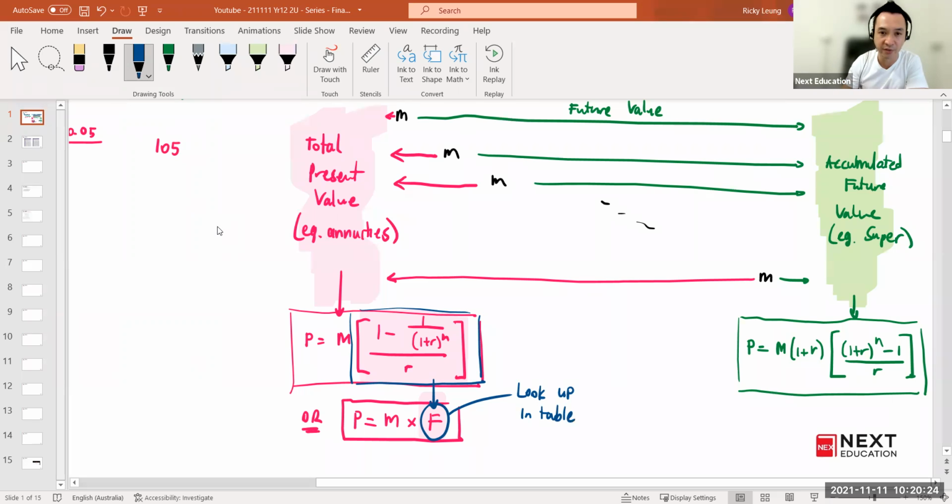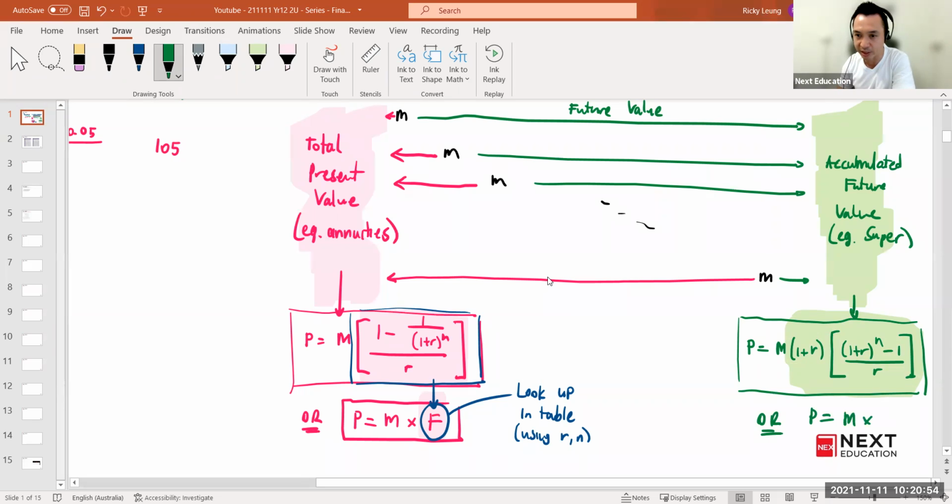there are 2 variables that you have, R and N. So using R and N, yeah, and I'll show you those tables. But the theory for even the accumulated value, which we did 2 lessons ago, and that was a thing that we needed to calculate, there are questions now that are basically replacing this whole bit, the square bracket and the 1 plus R, with a letter, with a lookup value in a table. So P equals, let's call this M times F again,